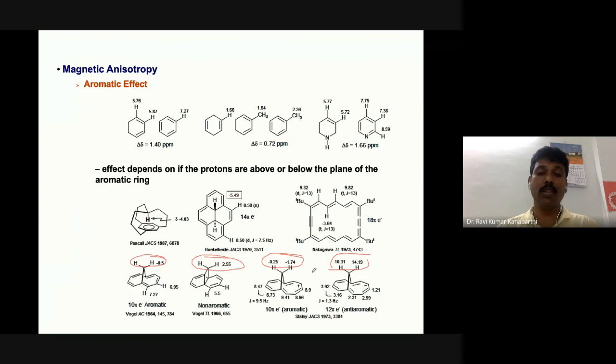As a result, you see that the two methylene protons above the ring are de-shielded. Whereas in this case, let's say you have a compound of this kind, it's not a positive charge, it is negatively charged. So 1, 2, 3, 4, 5 plus 2, so this is basically a 12 pi electron system, an anti-aromatic system. And these methylene protons are highly de-shielded.